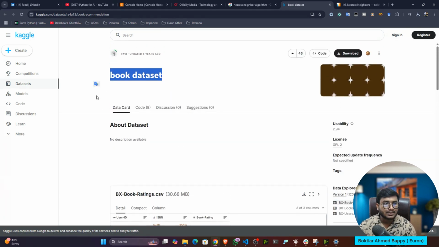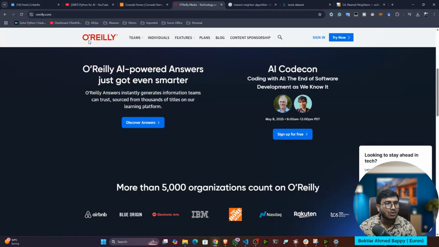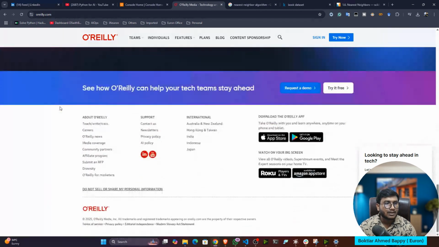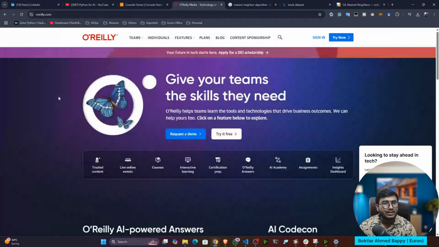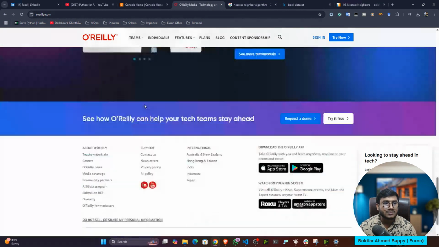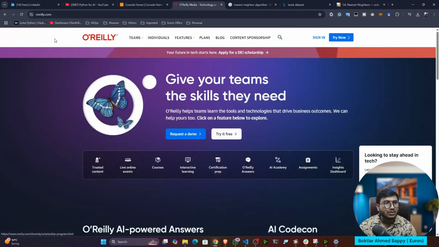And again, I'm telling you guys, data is not the main thing here. You can use any kind of data. You can use, let's say, cosmetics data, clothing data, shoes data. Any kind of e-commerce data you can use to make this kind of recommender system. Then you have to collect some product data, that's it. So here, let's say we are developing this particular O'Reilly system. O'Reilly is also a platform, an e-commerce book platform. Here also we get the same recommendation system. Let's say if I'm searching for any book, it will suggest similar kinds of books. So we are implementing the O'Reilly recommender system. As of now, we can consider that.